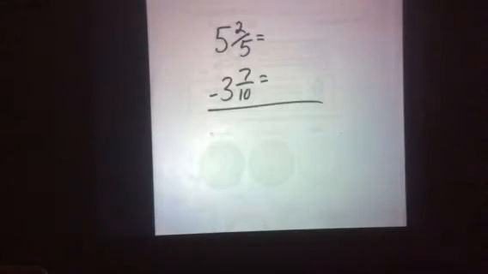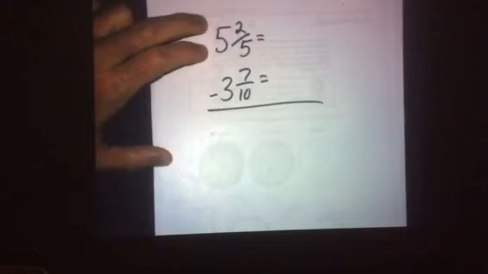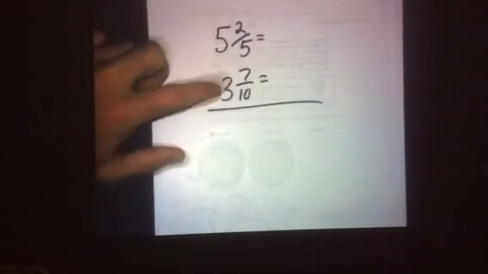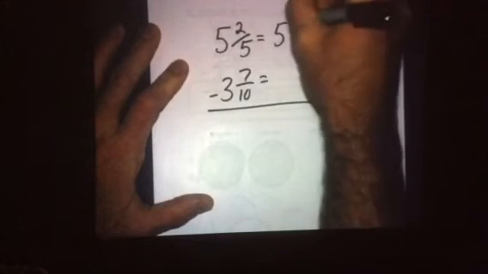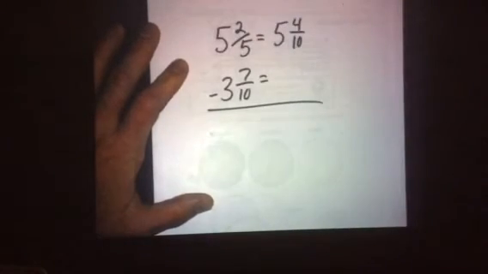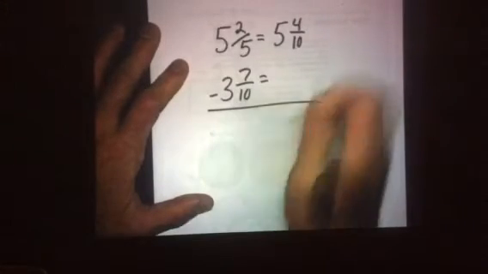Now, the reason that is super important is what we're going to do today, we're going to need to borrow from the whole. So, I have 5 and 2/5 minus 3 and 7/10. Now, exactly like what we were doing before, the first step is you have to find a common denominator. Now, I know with 5 and 10, 10 is a pretty simple denominator. So I am going to change 5 and 2/5. I'm going to double the top and double the bottom into 5 and 4/10. Now, I don't need to change anything here,